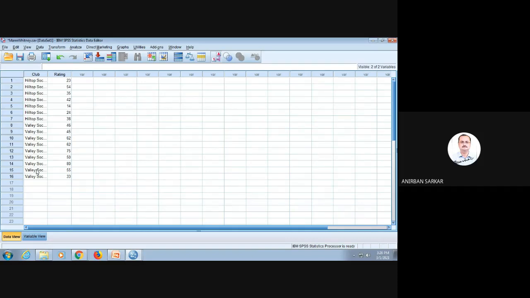And why are you applying the Mann-Whitney U test? Because this is a rating on a 0 to 100 point scale, and since you are not actually using the entire scale, it is ordinal in nature. When it is ordinal and you have two independent samples, Hilltop Social Club and Valley Social Club, you would normally apply an independent t-test.